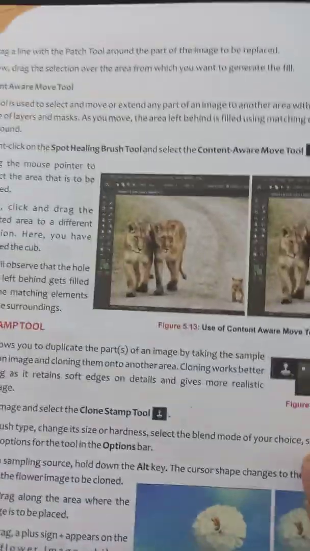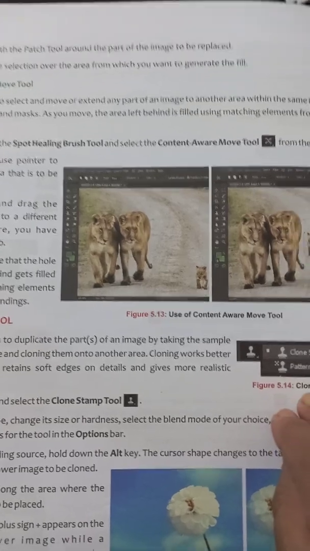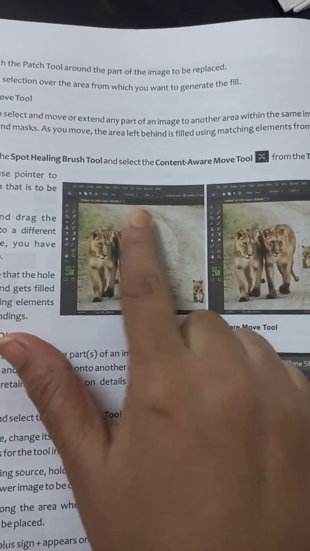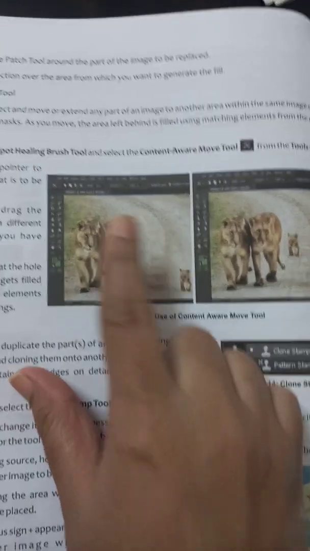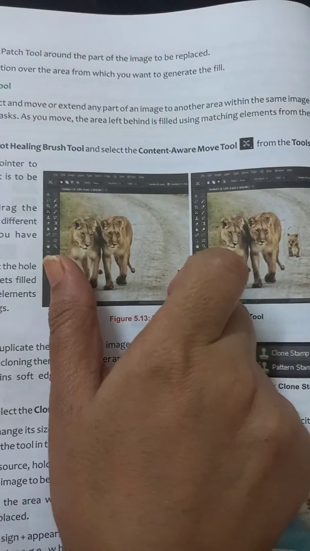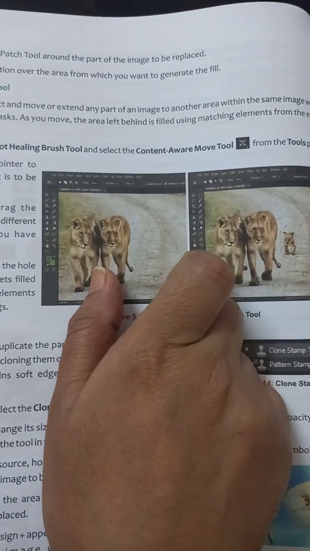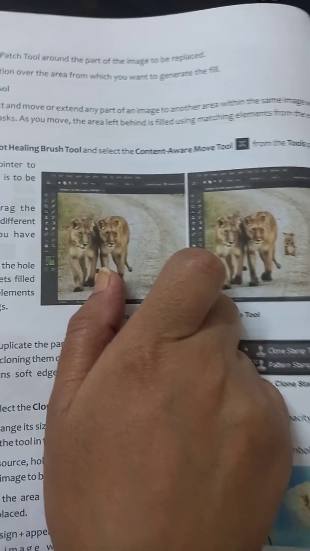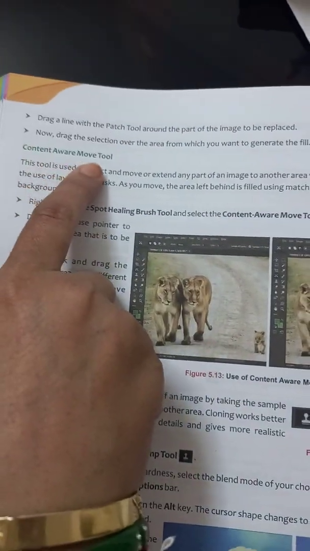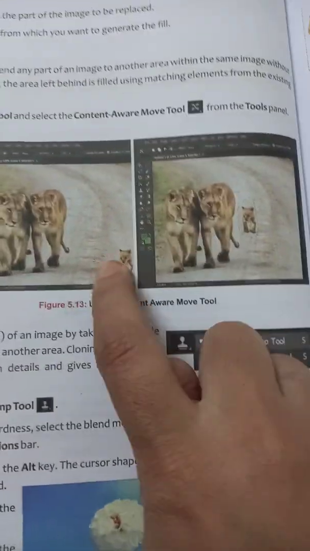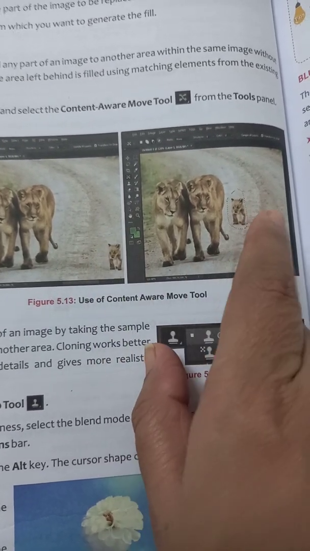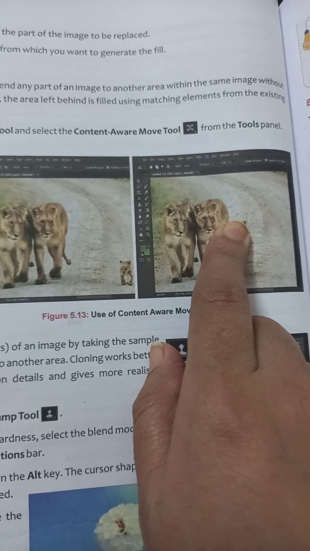The next one is the content aware move tool. Suppose you have the background as an open space area, and you have different bodies. If you want to club those pictures, if you want to club the objects, whatever bodies you have there, you can easily do it with the help of the content aware move tool. You can see here you just have to first select the edges of that particular picture, and then you can paste the picture over here.